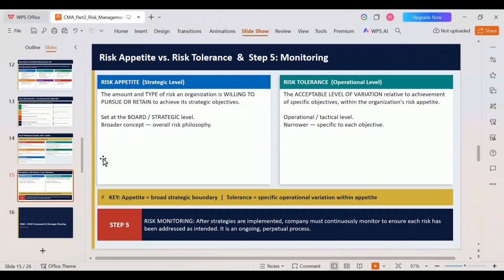So in this, let us assume that our risk appetite was somewhere around 2 lakh rupees. In this 2 lakh rupees, our risk tolerance will be, let us say, somewhere around $50,000. So what does that mean? If I'm incurring a loss of up to $50,000, that doesn't have any impact on my business. My business continues as normal, without being impacted by this loss. Okay, that is risk tolerance level.